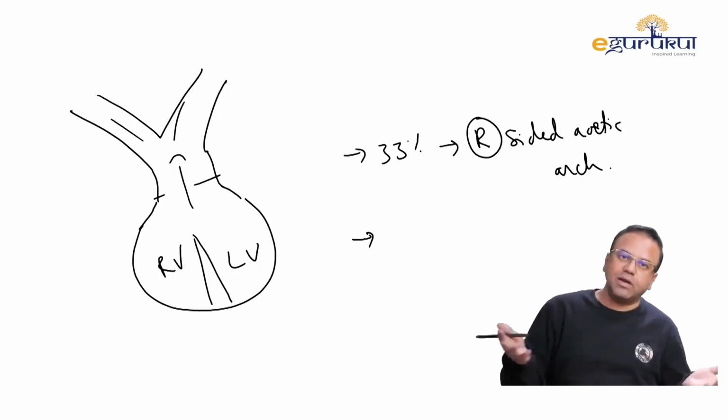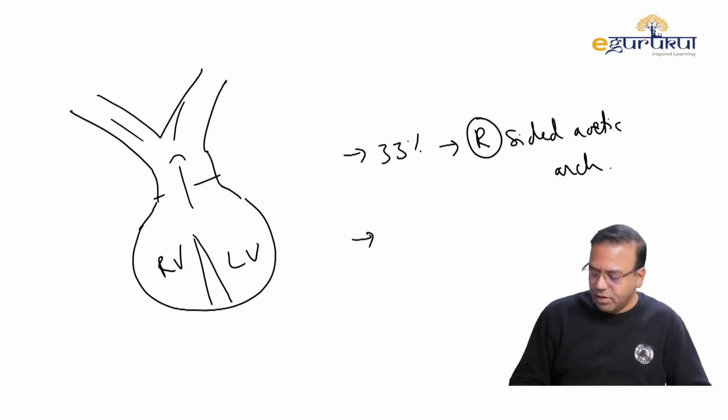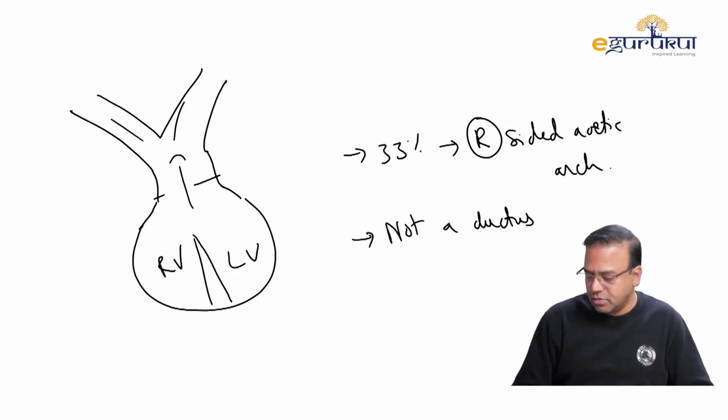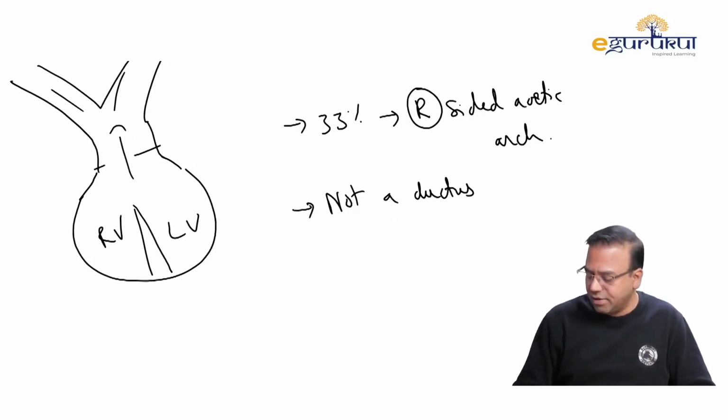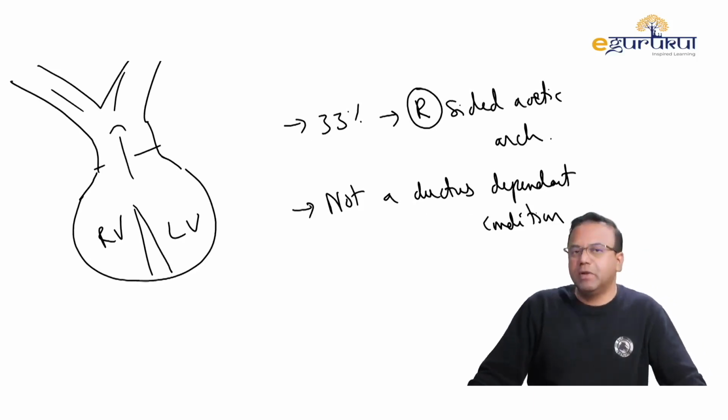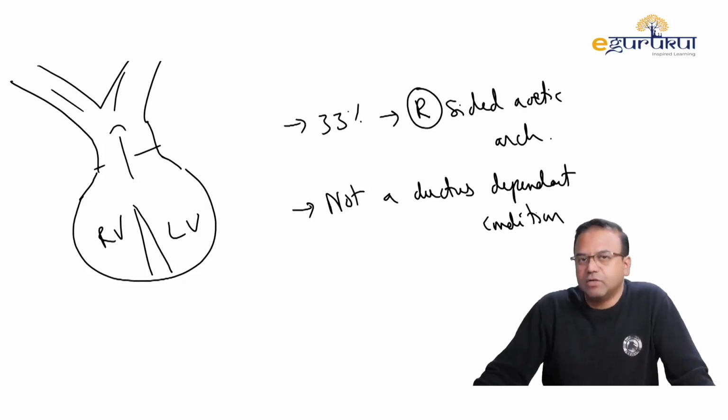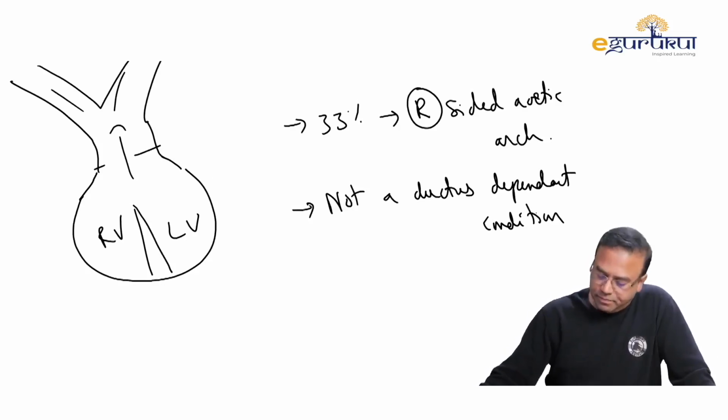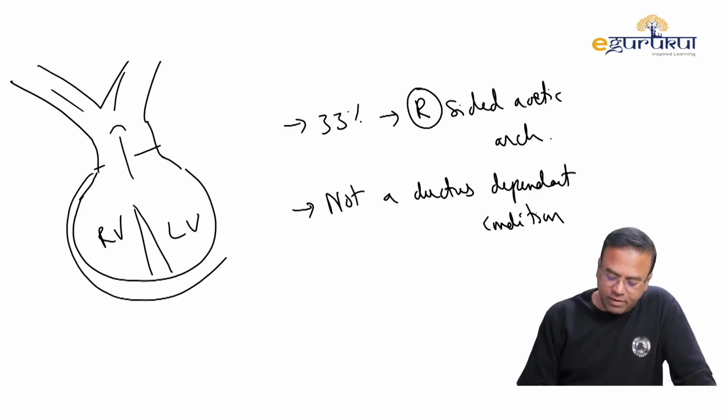They are already connected to each other. So not a ductus dependent condition, truncus arteriosus. No point in giving prostaglandin E1 over here. Not a ductus dependent condition. No question of A2 P2 split. It's a single orifice that is opening at the aorta and pulmonary artery, so it's going to be a single S2. All these are important, and obviously the echo is going to show biventricular hypertrophy